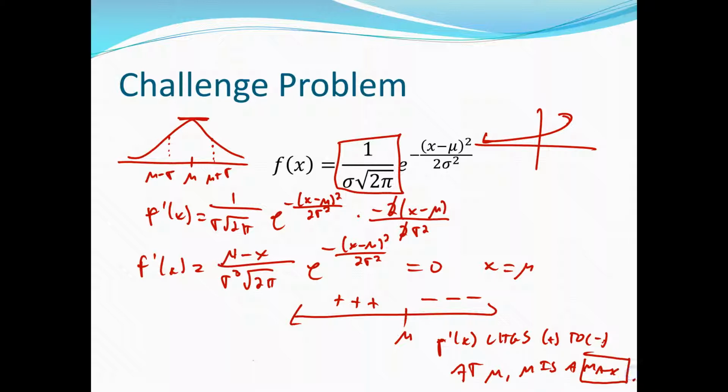Okay, and that's all we have to be able to show for a first derivative test. Now, let's find the second derivative. So we're going to take the second derivative of this whole mess right here. Let's see if I can remember what it is and write it down. So we've got f prime of x